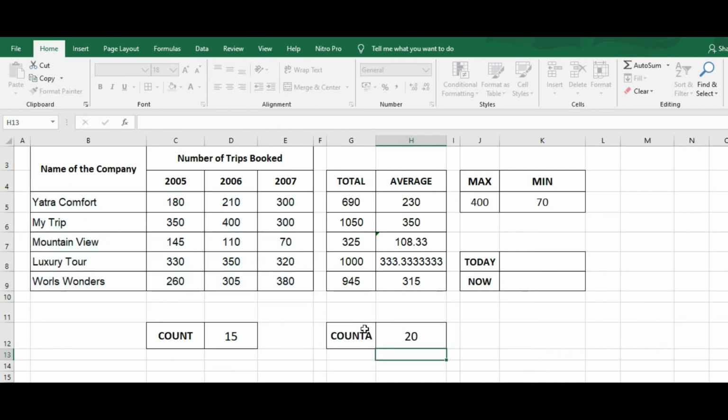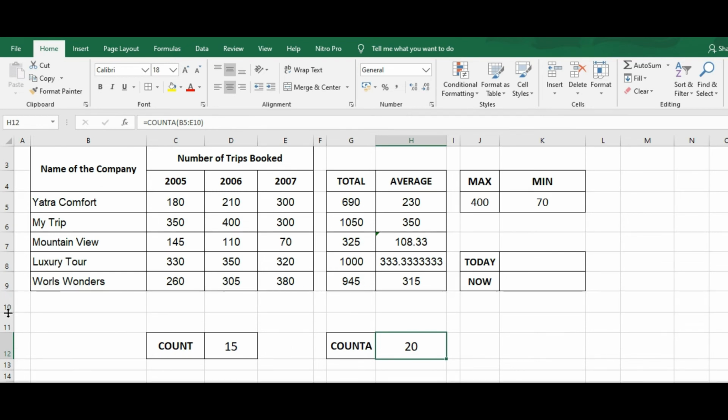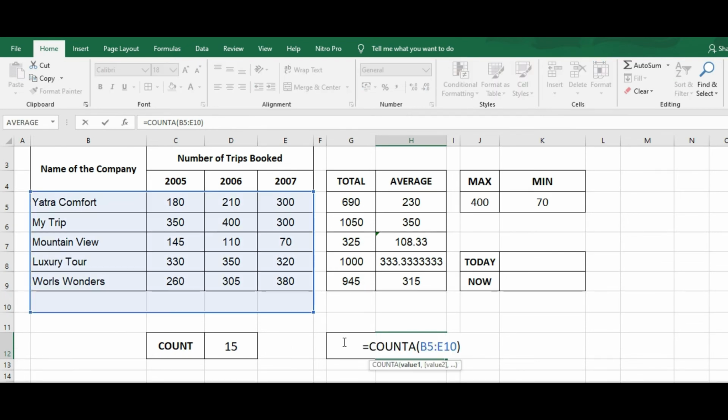Now definitely it will display 20. This is because I have selected the range including these 4 cells and these 4 cells are empty cells. So the COUNTA function obviously excludes the empty cells and returns the number of cells that have numeric as well as non-numeric data.